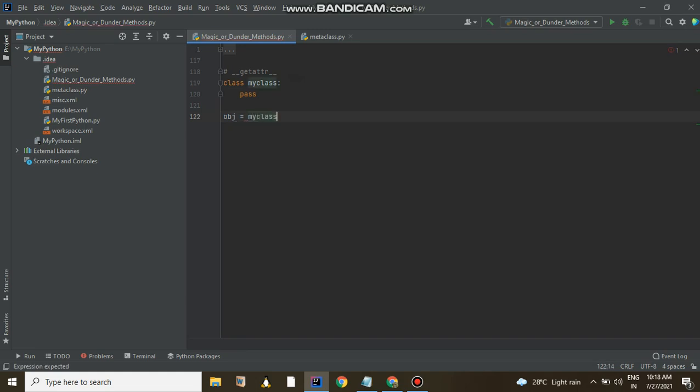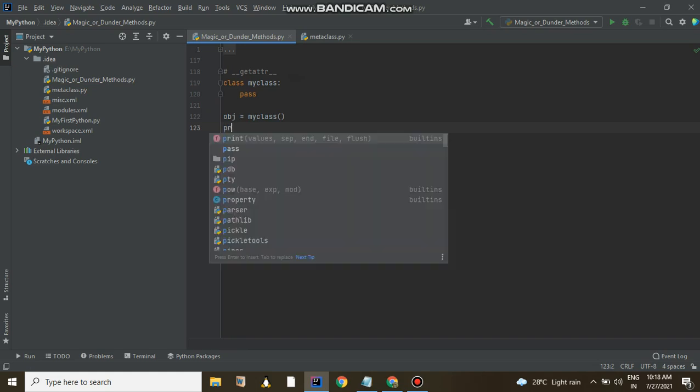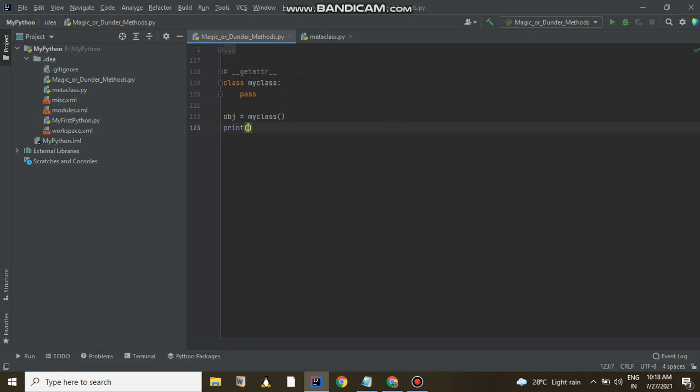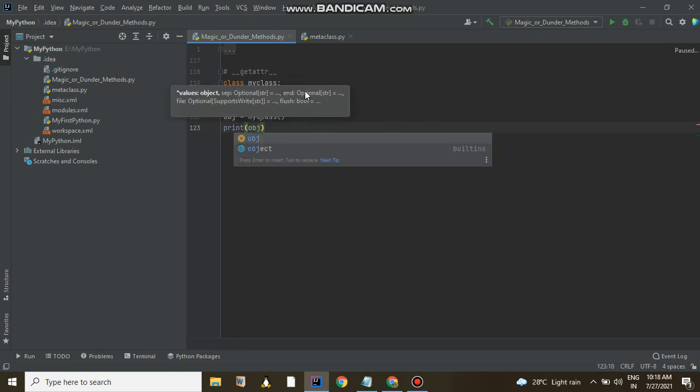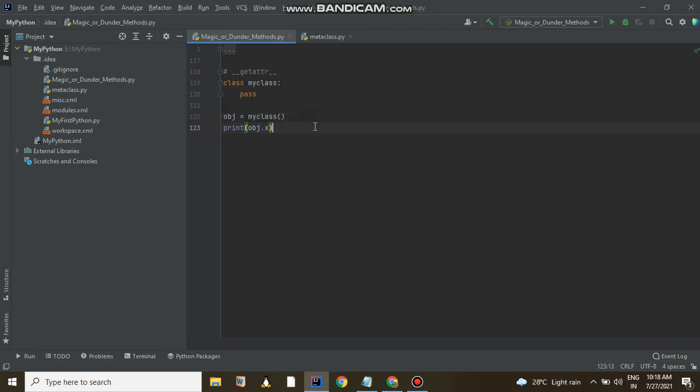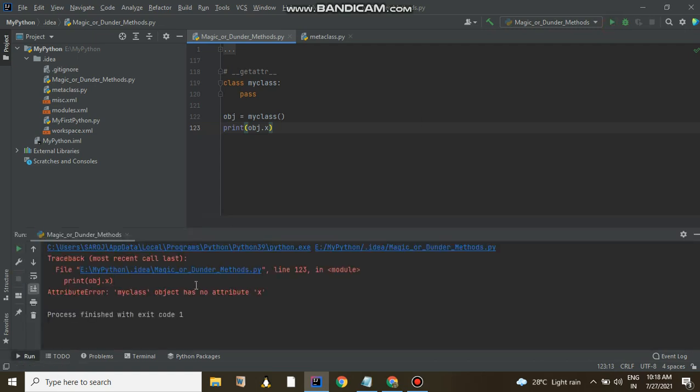Then suppose I want to access an attribute which is not there, like this one. If I execute, what will be the output? Just pause this video and think, without executing. Obviously this will throw an error, like x is not defined.